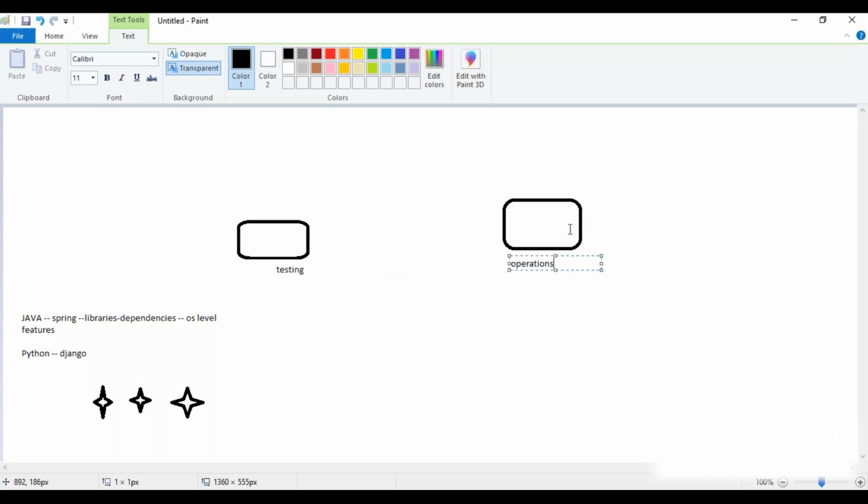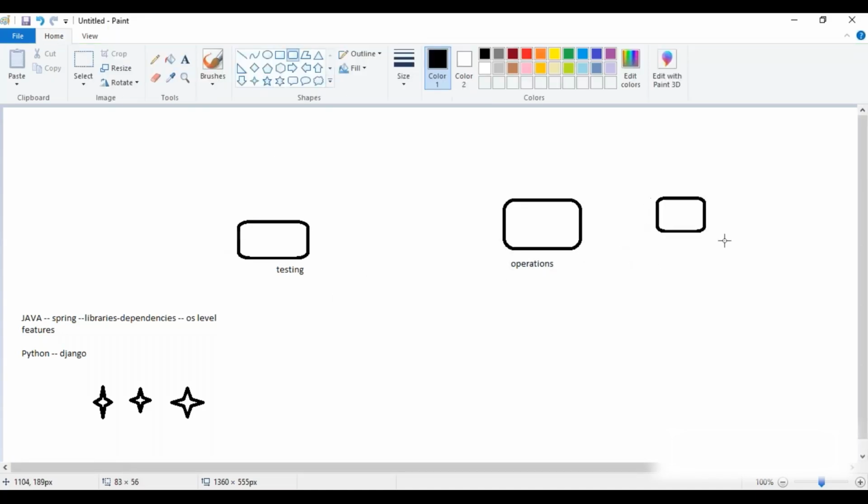Okay, I think most of you know the difference between prod and pre-prod. Pre-prod is almost like prod, but there will not be live connections. They'll try to check how it functions as if it were a live connection. And here the functional testing checks whether the logic is working or not. Whatever the customer requirement is, they check whether the logic is correct as per the requirement. And then it will go into production.